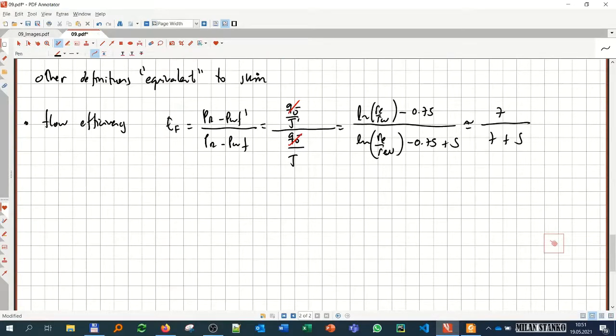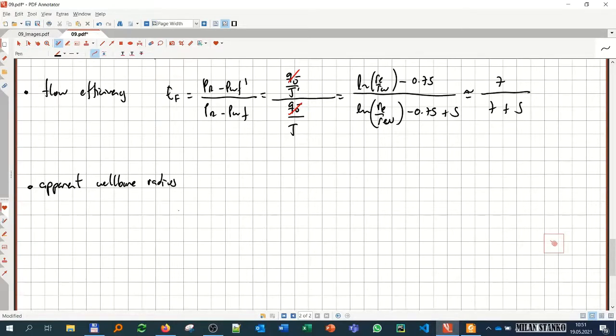Skin, flow efficiency, and we have another definition, the apparent wellbore radius. I can say that ln RE over RW plus S is going to be equal to ln of RE divided by an apparent wellbore radius. That means it's as if the well didn't have the radius it's supposed to have, but actually has something that can be bigger or smaller. In that case, I end up with the definition of the apparent wellbore radius, which is RW e